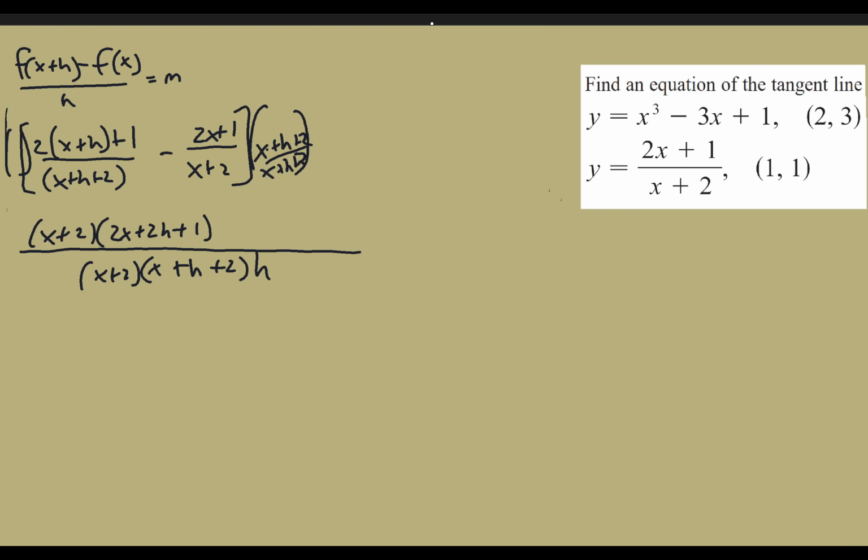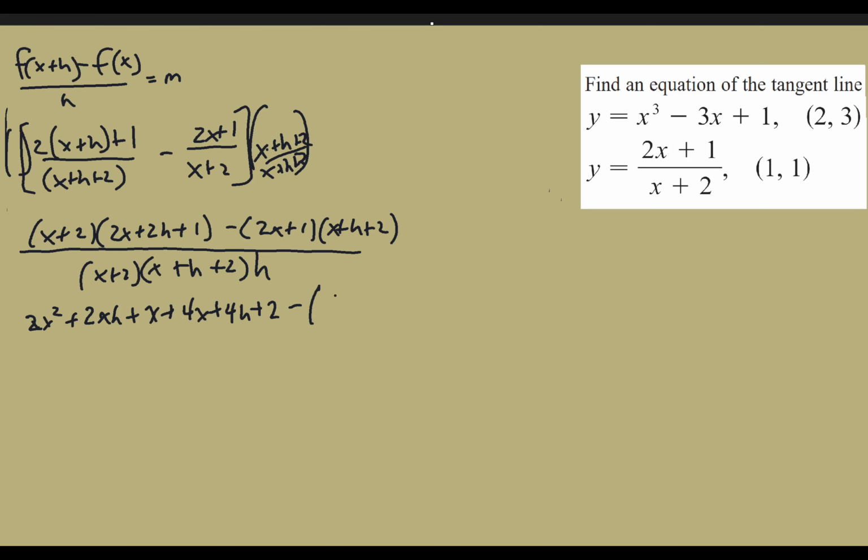And the h is down here, so we can put that back in. Otherwise, you just know I'm going to forget it. You know I am. And then we'll have (2x plus 1) times (x plus h plus 2) on this side. Let's expand some more. Let's have some fun. First things first, we get 2x squared plus 2xh plus x plus 4x plus 4h plus 2